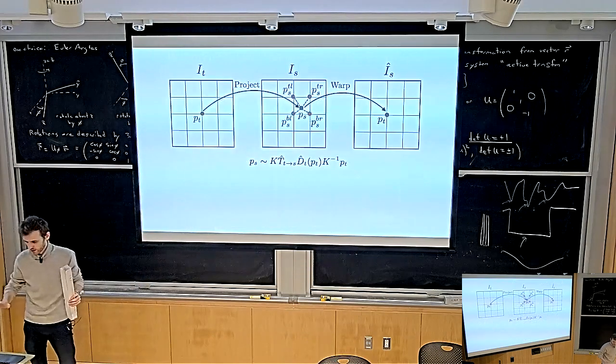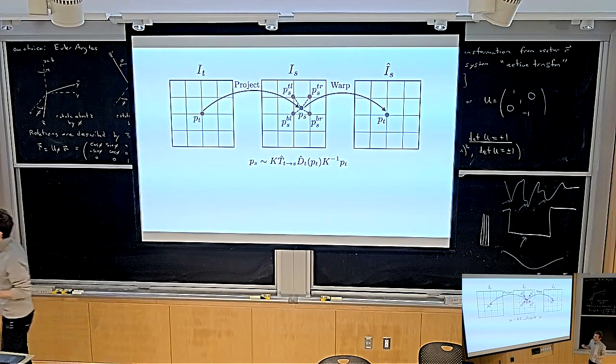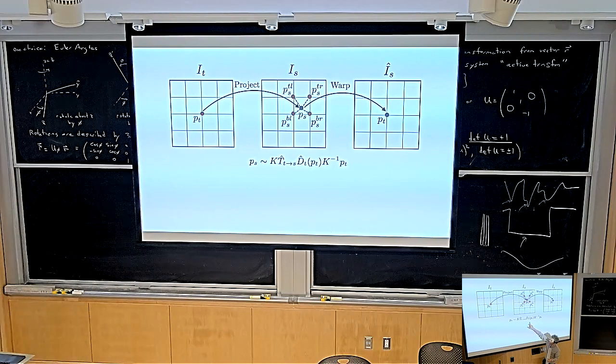And how does this work? Long story short, you use the scary looking equation, which you can probably recognize. Take point, K inverse. What does K inverse do? Unproject, exactly. So this maps point to ray, then multiply by depth, which is the predicted depth. That unprojects the point to 3D.